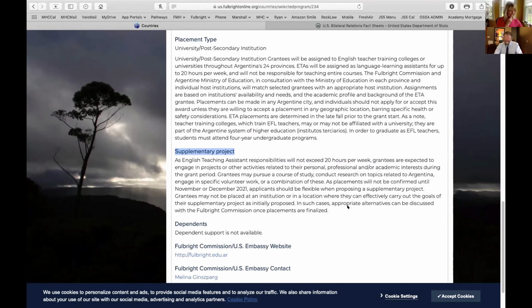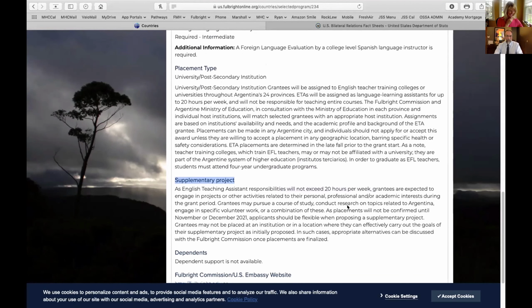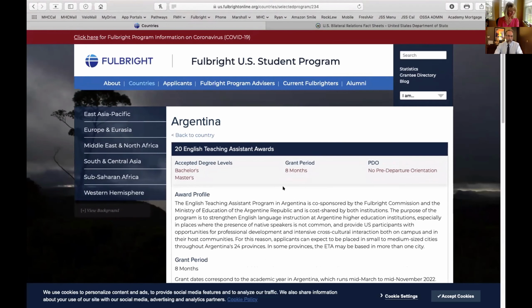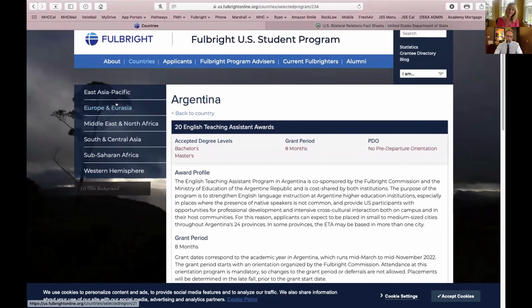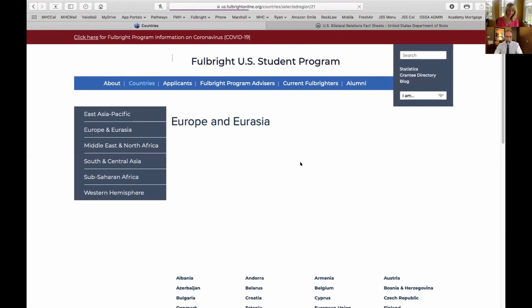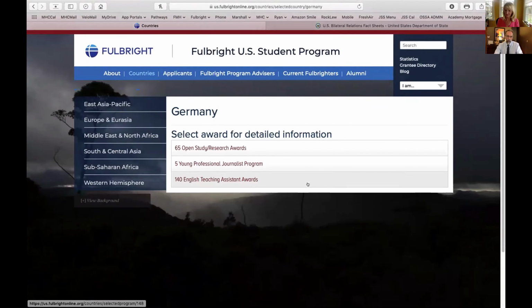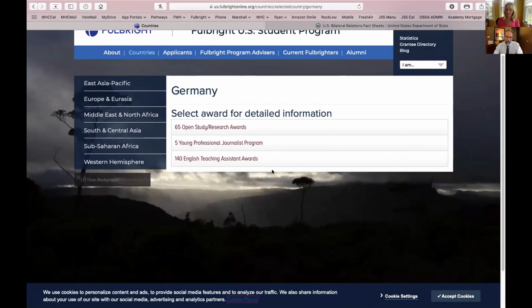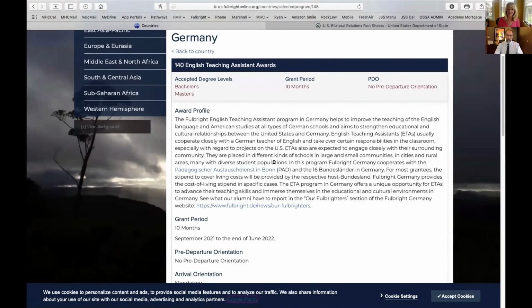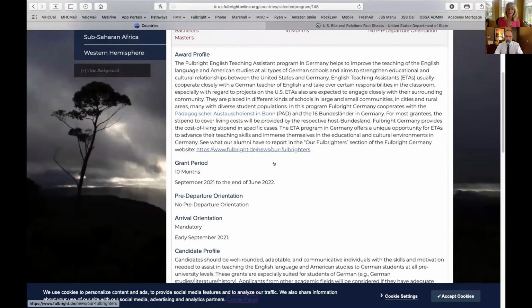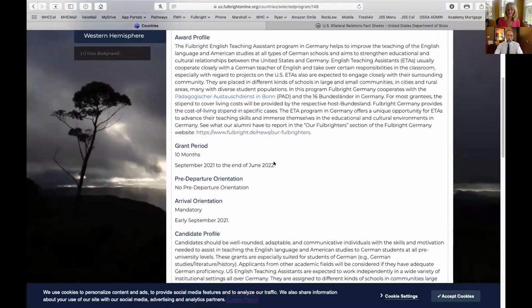Yeah. Okay, good. The next country we want to go to as an example of really paying attention to these award summary pages is Germany. Germany, also a very large ETA program, 140 awards. One of the cool things about Germany is that if you have any German whatsoever, you can apply and you might have a shot.